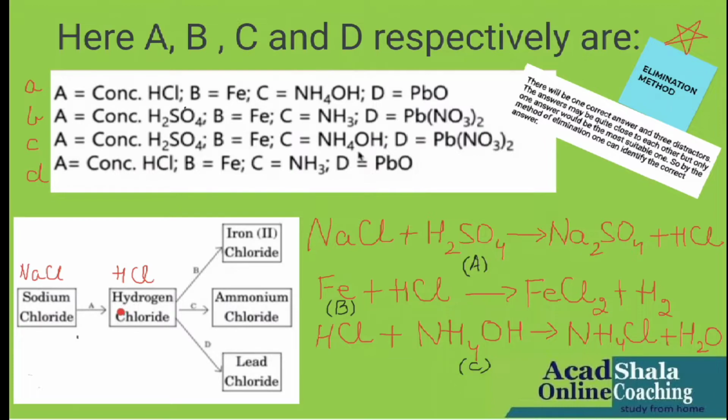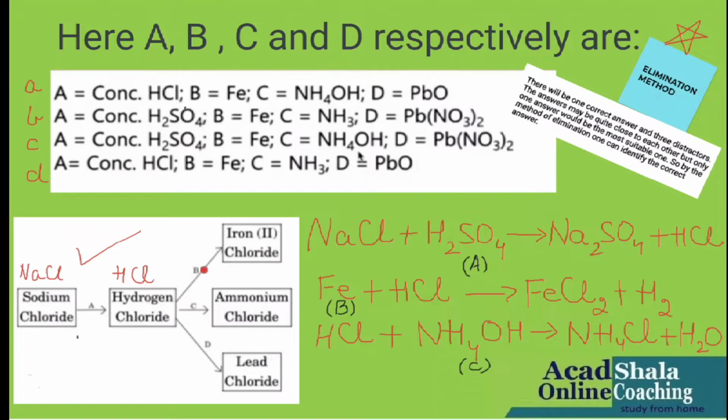So if you are smart enough and have done the revision properly, you can immediately say, ma'am, it is H2SO4 reacting with sodium chloride forming hydrogen chloride. Finished. So this is the equation. With the help of this equation, you can write down that A is nothing but sulfuric acid. So this portion is done. Let us proceed to the next one.